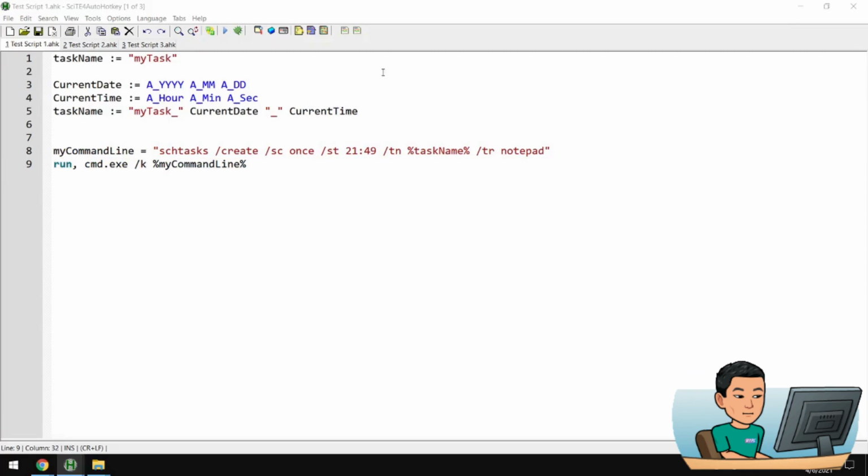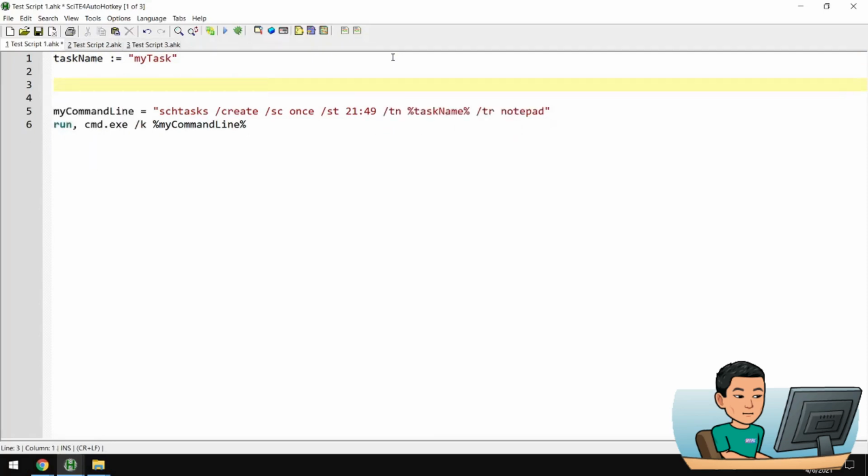Now, if you want to pass arguments to the program that you're going to run with a task that you want to create, what you can do is let me just erase all of this, create a new task by going schtasks /create, and /sc, which stands for schedule, and you can also make it weekly. If you do weekly, then another parameter that you can provide is /d, and using this you can specify, for example, you just want it run for Monday, Wednesday, and Friday, and with the start time of 21:49, for example,